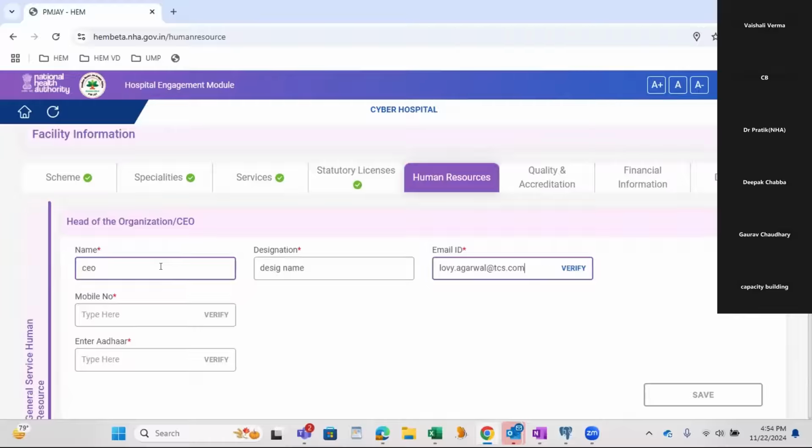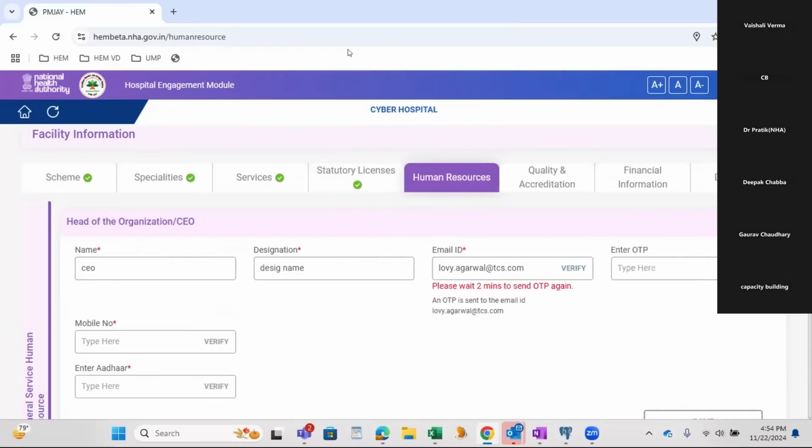So here in the human resource tab, I've filled the name, CEO details, and their designation. This is the email ID which I have entered. Again, there is an OTP verification. If I click on verify, I will receive an OTP at my mail ID.